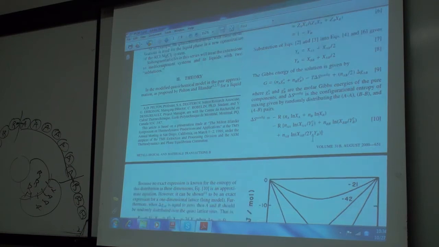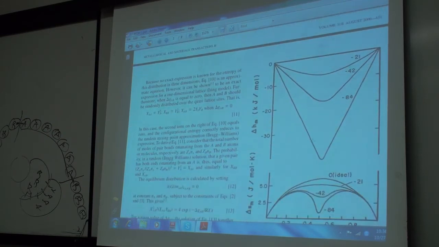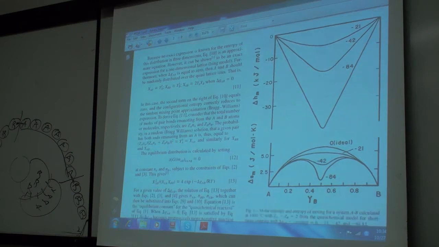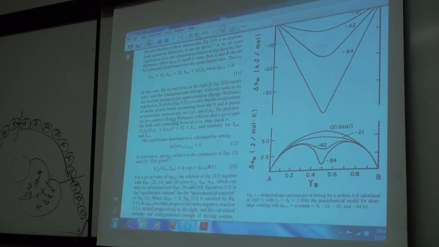Okay, so we continue on here. As I said, because no exact expression is known, it's an approximate equation. However, it can be shown to be an exact expression for a one-dimensional lattice. Furthermore, when delta GAB equals 0, then A and B should be randomly distributed over the quasi-lattice sites. That is, XAA is YA squared, so in an ideal solution you'd get this when delta GAB is 0. The second term on the right of equation 10,